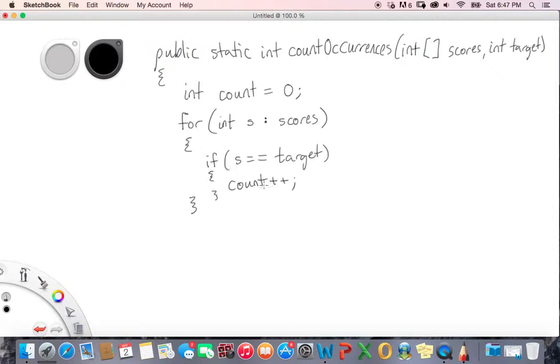All right. So if it matches, increase the count. If it doesn't, don't do anything. Leave count the way it is. And then go to the next score. That's what we're saying to do here. So then once we've gotten to the end, we should have updated the count every time it occurred. So now we just want to return whatever the count now equals. Okay, and I know I'm supposed to return this because right here tells me I'm supposed to return an integer. So return the count, and that is question 3a. That's the method count occurrences. So then go on to part 3b, where it asks us to write a method to find the maximum and minimum score in the